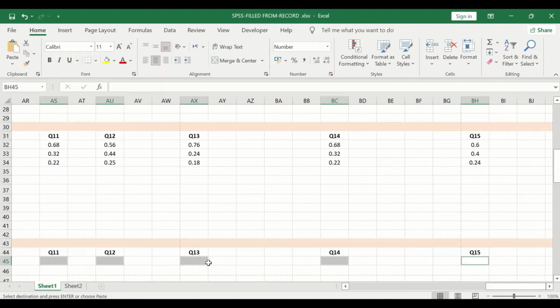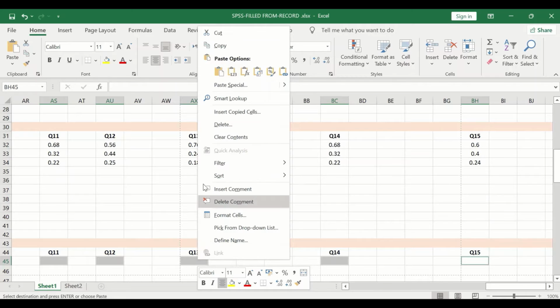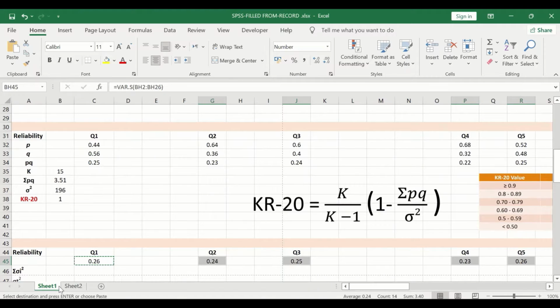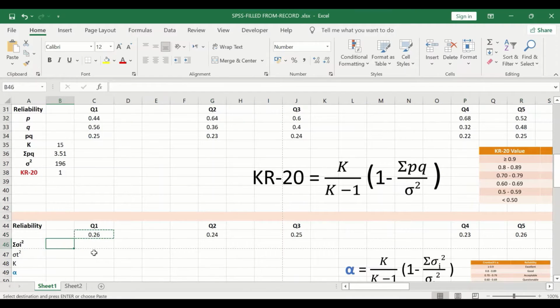Once these cells are selected, right click with the mouse and then select the paste formulas option. A value is generated for each individual question, a value for the variance. Now the next step is to add up all these variance values, and the way to do that is to